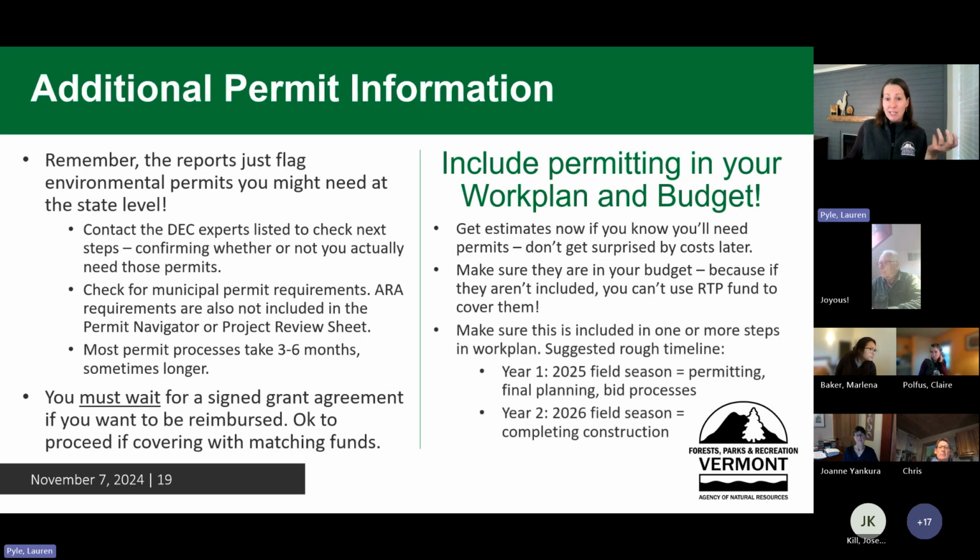And in terms of timing, I mentioned at the beginning when we were talking about work plans that we have this roughly 18-month period, right? We have most of field season 2025 starting in July through the end of December 2026. Of those 2 summer field seasons, we recommend that you start planning now that field season number 1 in 2025 is really just for permitting, planning, and final bids. Don't actually plan to do construction work next summer,